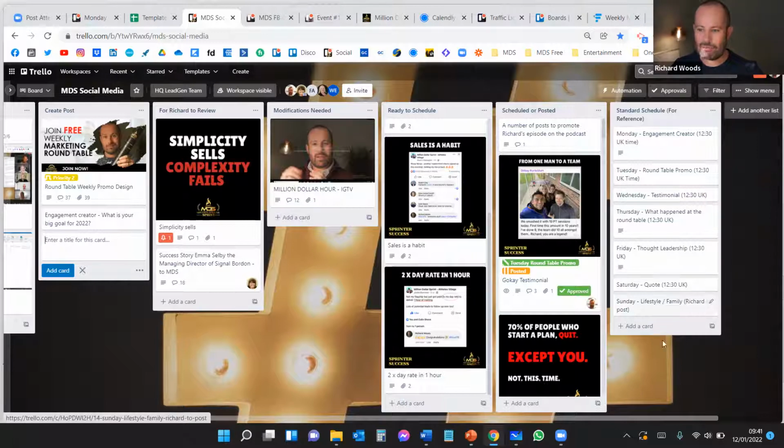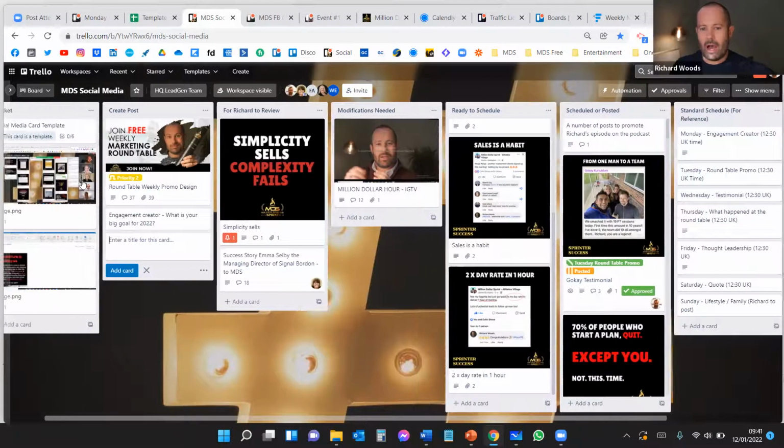And you see in brackets, Richard to post. So it's basically, I just do something on my phone, just me at the rugby or with the kids or whatever it is. So bring in a lifestyle in, right? So once you know what your schedule is and you set it, then you can start to think about the